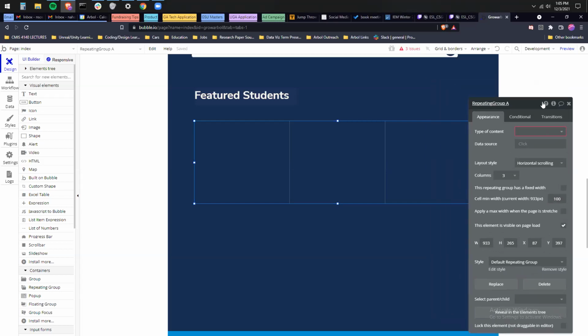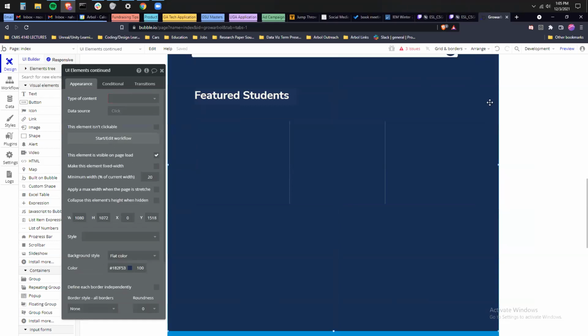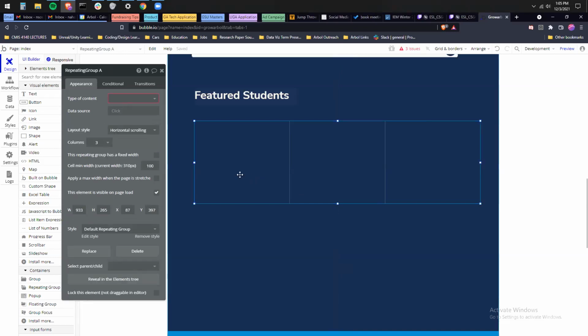How wide is your page in total right now? Like 1080? Yeah, so I'd probably make a minimum width on the cells like 200 instead, or I'm guessing that would work.